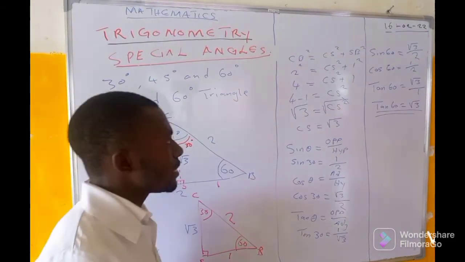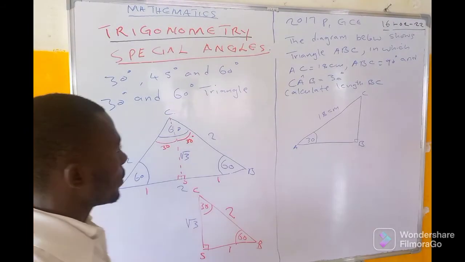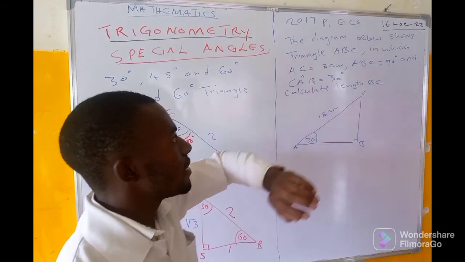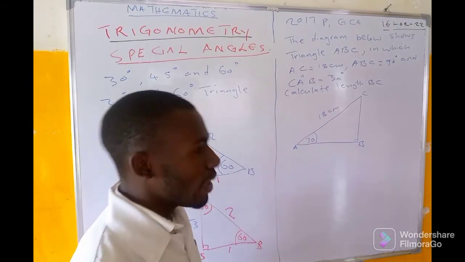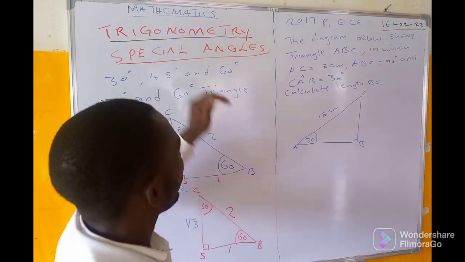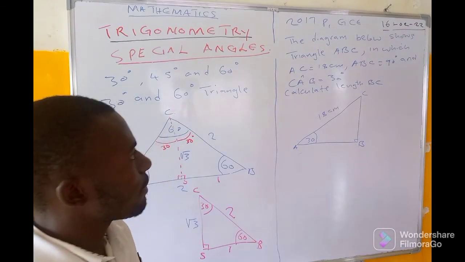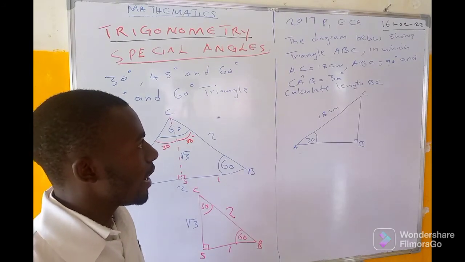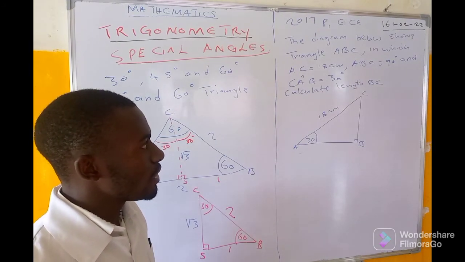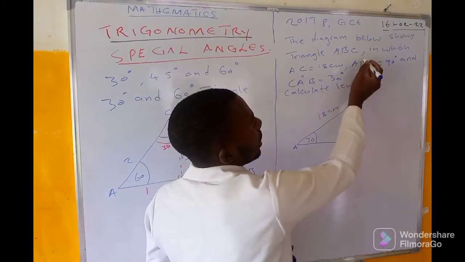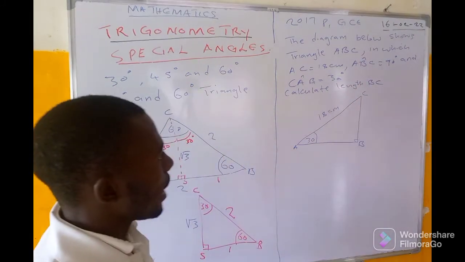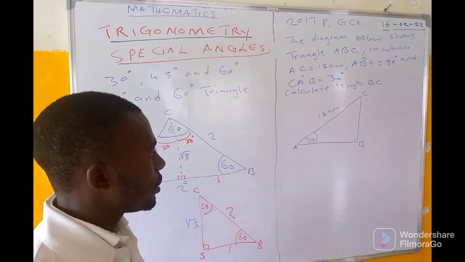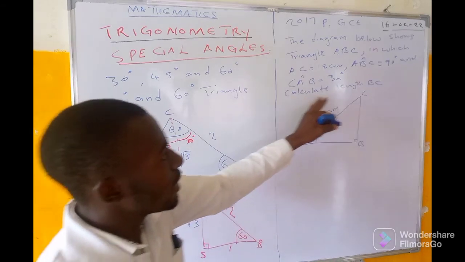So having learned this, having looked at all these 3 trigonometric ratios, we are going to look at the 2017 paper 1 GCE. And remember, paper 1 we don't use a calculator, so that's why we are learning these special angles. The question reads, the diagram below shows a triangle ABC in which AC is equal to 18 centimeter, ABC is equal to 90 degrees, this is angle ABC, and angle CAB is equal to 30 degrees. This is the diagram which is shown. And they are saying calculate the length